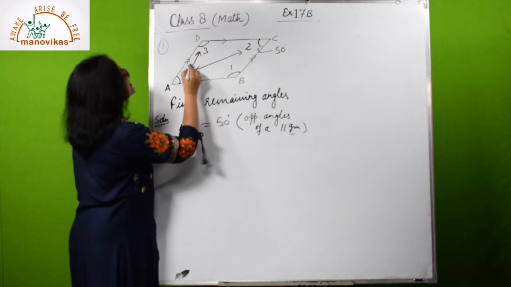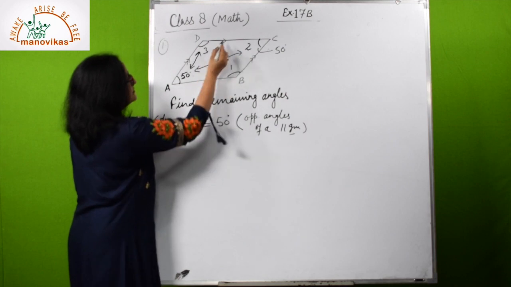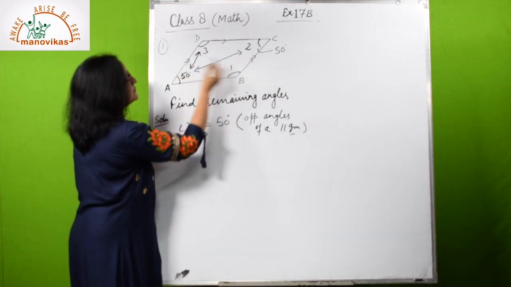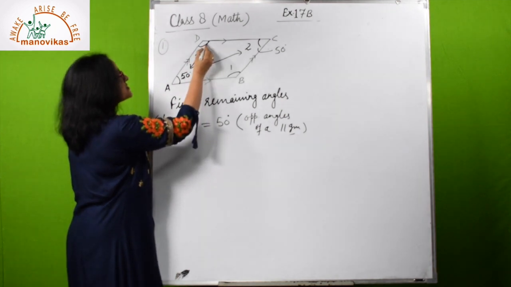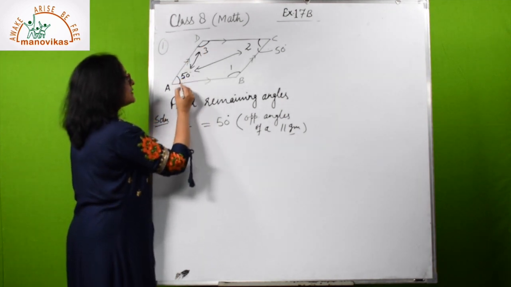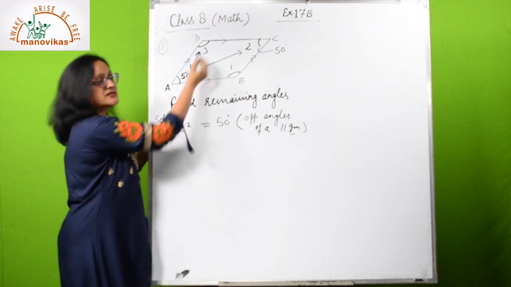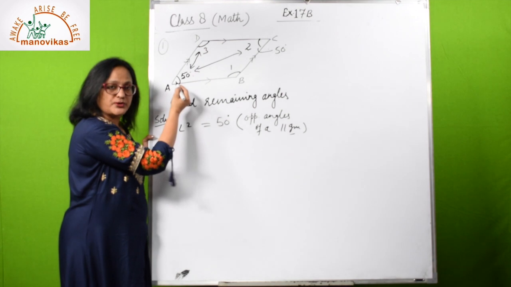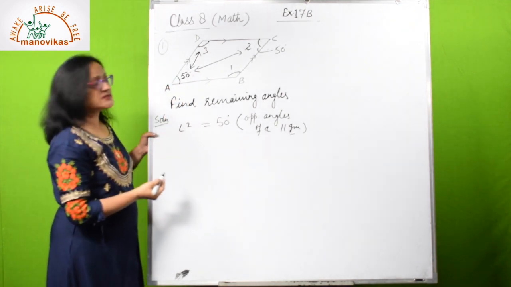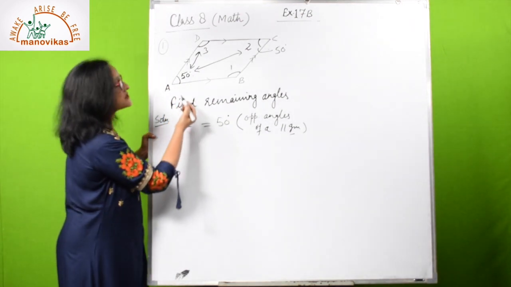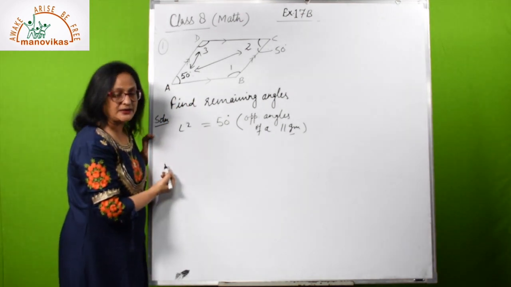Now if you can see here, this is a parallelogram, these are two opposite parallel sides and these are the other parallel sides. So which type of angles are they forming here? 50 and 3, they are adjacent angles. So the second property of a parallelogram is that adjacent angles are supplementary. So here we are going to use the second property of a parallelogram.